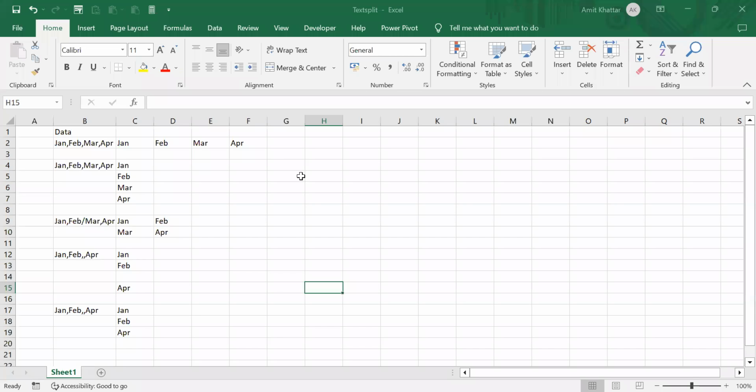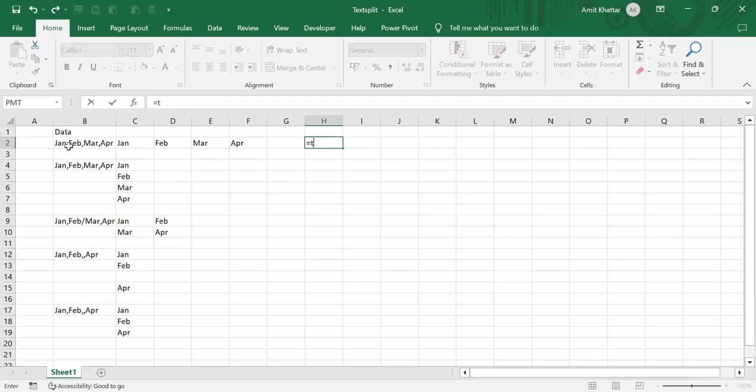Hi all. So let's look at the usage of the TEXTSPLIT function in Excel. Let's say I have this data element and I want to split it with respect to the delimiter. So if I write equal to TEXTSPLIT,